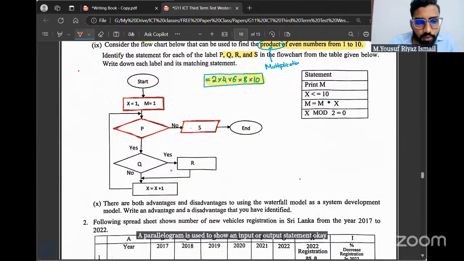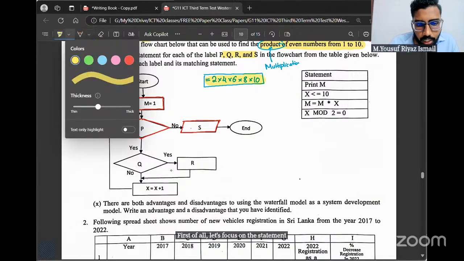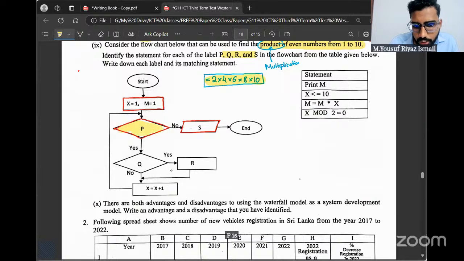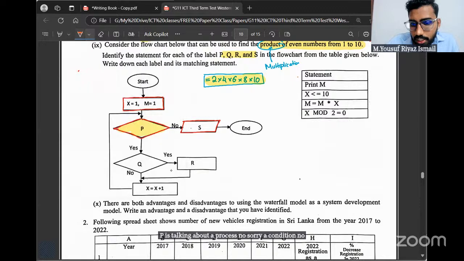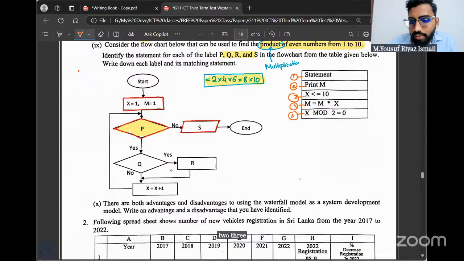First of all, let's focus on the statement P. P is talking about a process, no, sorry, a condition, no. Tell me, out of the given answers here, 1, 2, 3, 4, 5, which one looks like a condition?